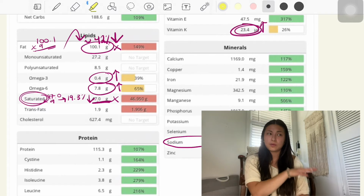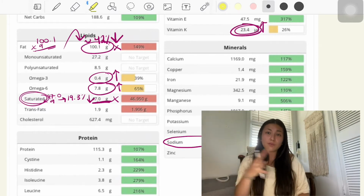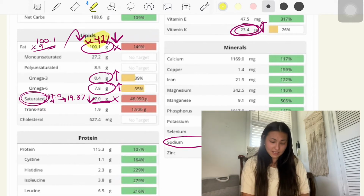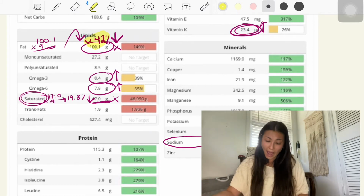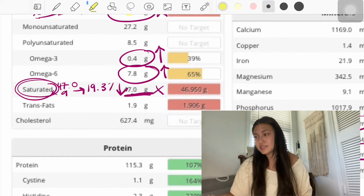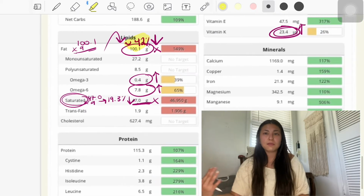Maybe one day you eat above or eat below, but you do end up accounting for it the next day, as you can see in day 2. And my fat's 42%. I need to decrease it. I'm a little bit higher on this day. It's around 30%, so recommended higher level. But I do need to increase my omega-3s and my omega-6s, which probably needs a handful of nuts, seeds, throw in a piece of salmon towards the end of the week. That will definitely meet my